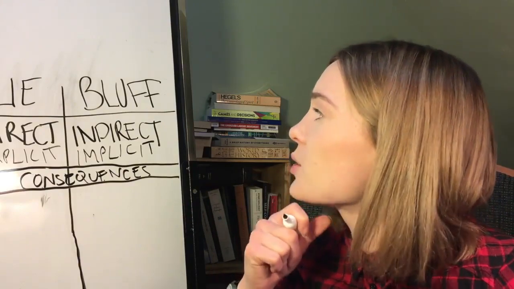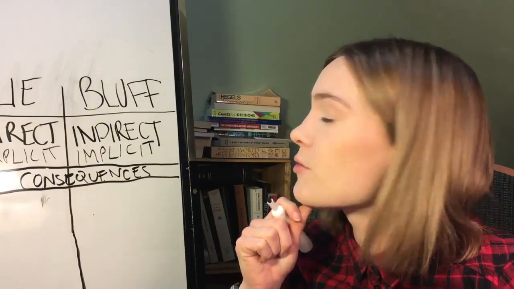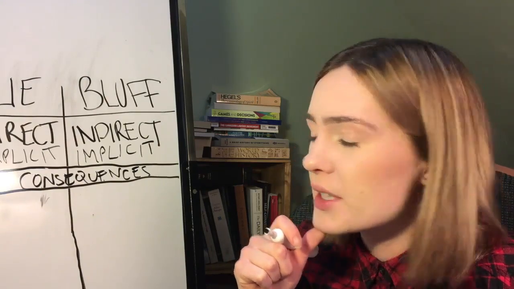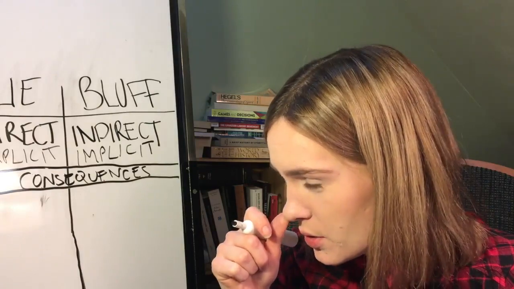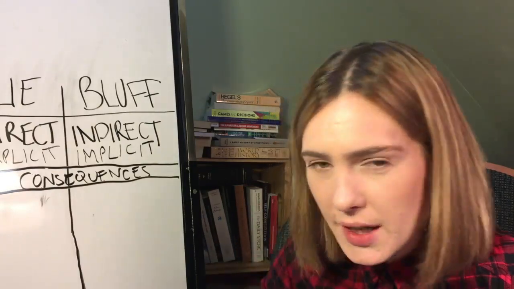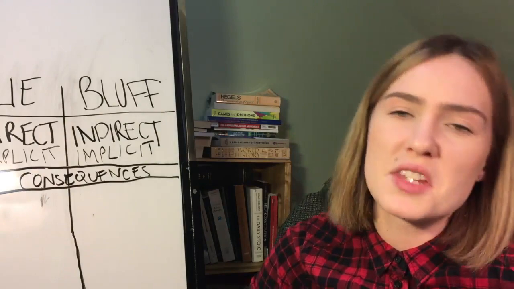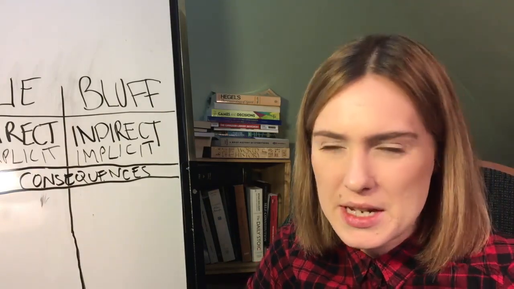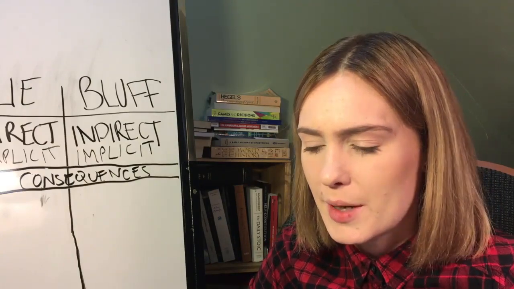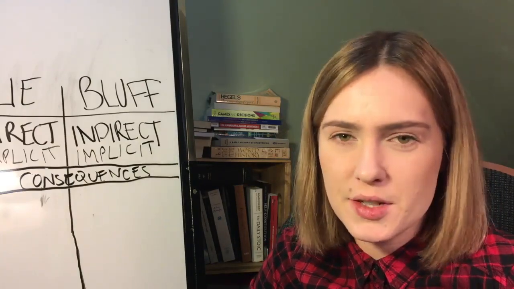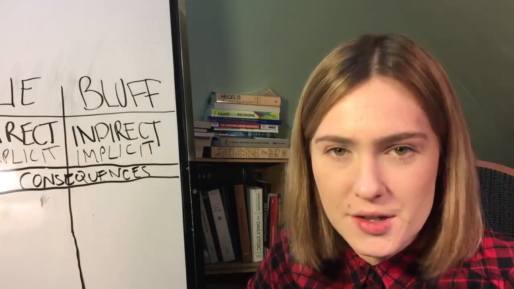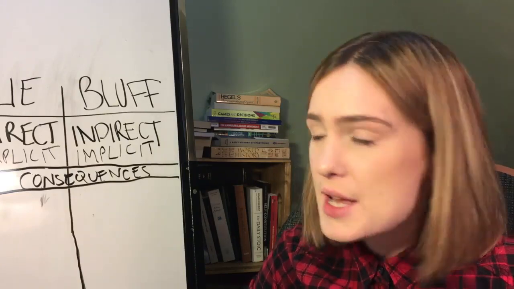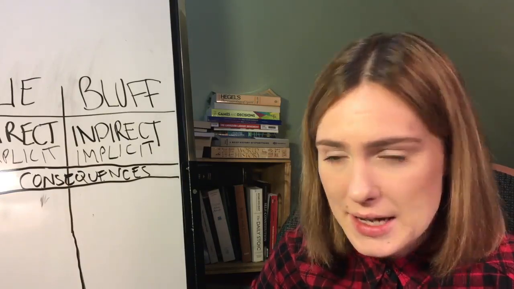Okay, so the consequences, how they differ for a lie and for a bluff, is that if you directly tell a lie, let's go back to the teacher example. Let's assume that the student lies to the teacher. He says, yes, Miss whatever, I've done it. And then later in the class, she calls on him and asks him to answer a question about the readings, and of course the student won't be able to answer because he hasn't done them. So in that case, it becomes evident to the teacher that he has explicitly lied to her, right?